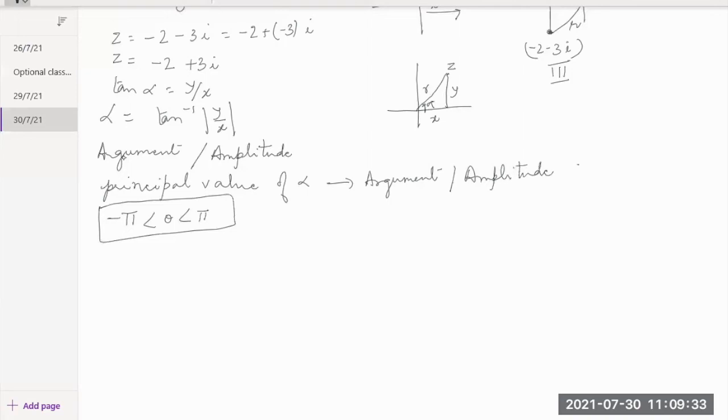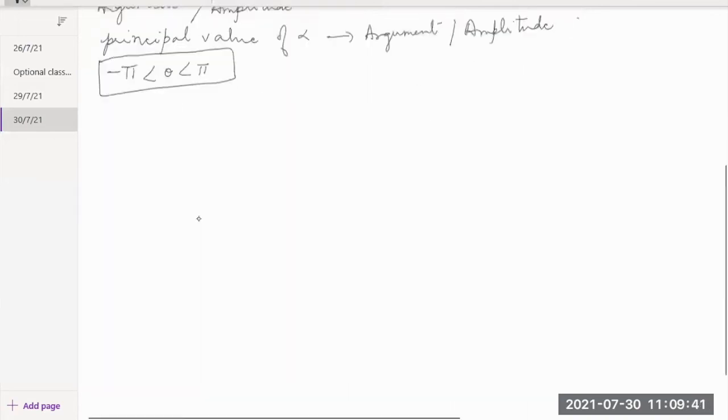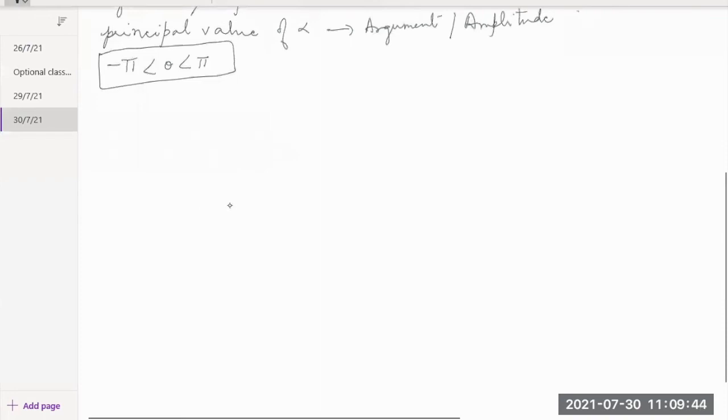I'll show you just now what this theta will be related to and how it is going to be affected by the quadrants over here. I'll draw the diagrams for you. But remember that principal value would mean I'm talking about the value of theta ranging between minus pi to pi. We are talking in terms of the tan over here. So now, let's see a diagram. I'm drawing 4 diagrams because I have 4 quadrants, 4 interpretations. So let's see. In the first one,